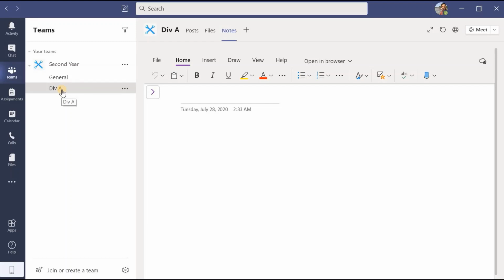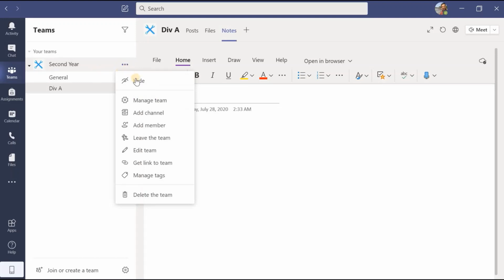Similarly, if in second year 3 or 4 divisions are there, likewise you can create Division A, Division B, Division C, or suppose you are conducting a few more activities regarding second year, for a specific activity you can create a channel which is included in the second year team, and those who are interested, or as an owner, those whom you want to be joined, will be joined inside those channels. Now under this team we have explored manage teams and add channel.